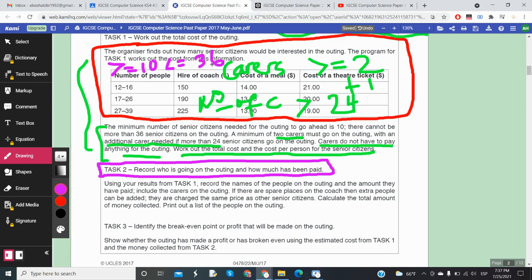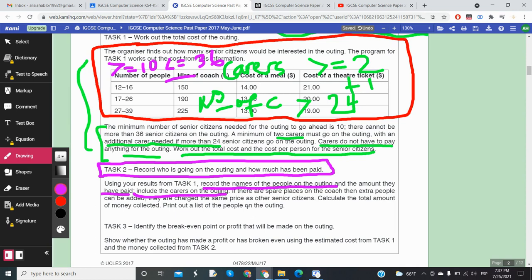So if that number is accepted, then the next thing to do would be to ask them for recording the names. According to this, it records the names of the people going on the outing and the amount that they have paid. So that means you could say the total cost. It also should include the carers on the outing. So you also definitely need to include the names of the carers who are going. At least that's what I think would be necessary when they said include the carers on the outing. I assume that it definitely would be the carers' names and who is going as the carer for this particular outing that has been booked or